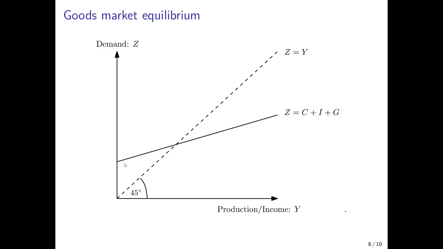To determine the equilibrium, we draw the second line that we had before, and that's the line of aggregate demand, which is equal to consumption expenditures of households, investment expenditures of firms, and governmental consumption expenditures. And we know that this line actually starts at a positive value for an income that is equal to 0 because of autonomous consumption and autonomous investment, and potentially also positive government expenditures. So even if income is equal to 0, we know from the previous slide that expenditures at the aggregate level